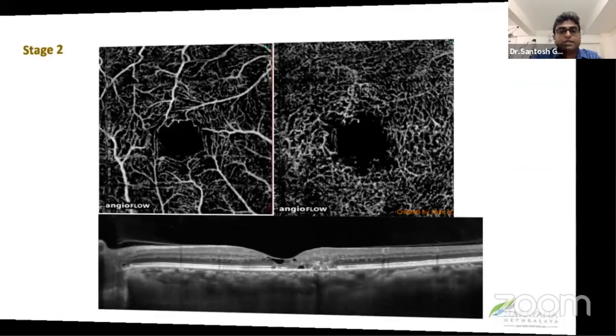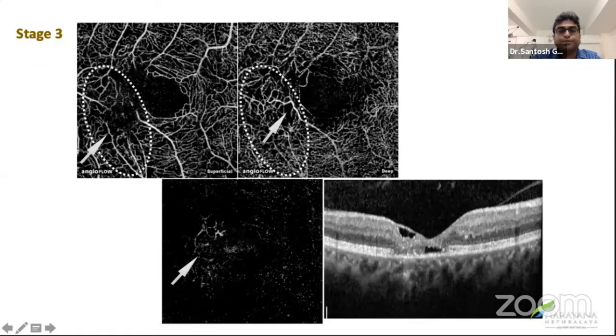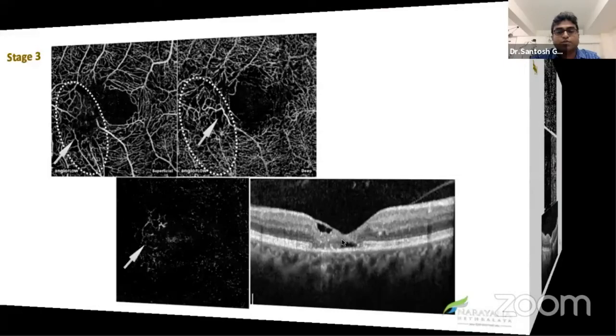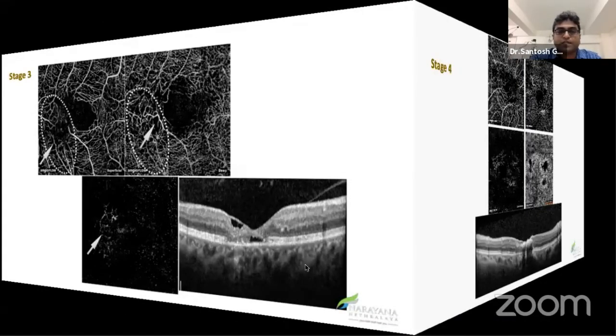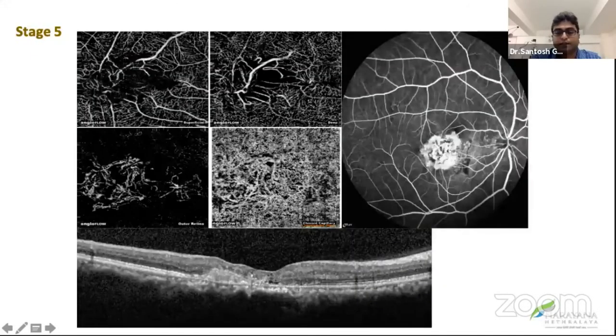And when the right angle vessels start, you can see the right angle vasculature bends in the superficial and deep layers. You can see these anastomoses more clearly. When it goes to stage 4, when there's RPE hypoplasia, that also can be seen, and in stage 5 also. You can see the SRNVM developing, and you can see a clear-cut vascular membrane even in the outer retina as well as in the CC layer.